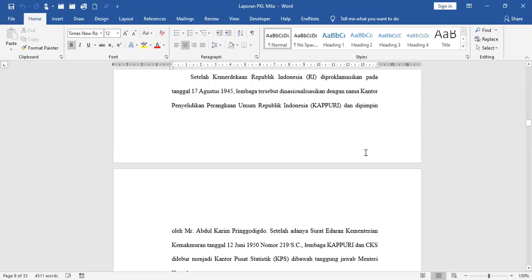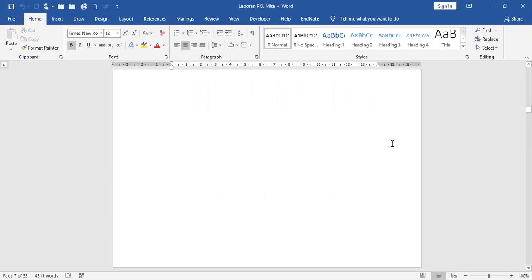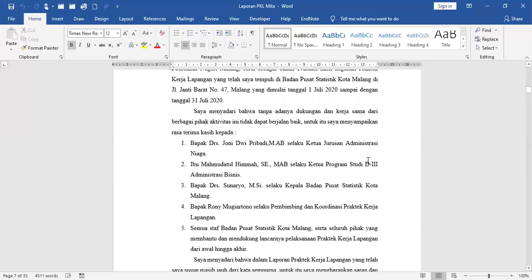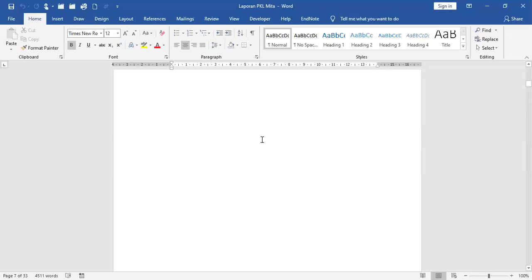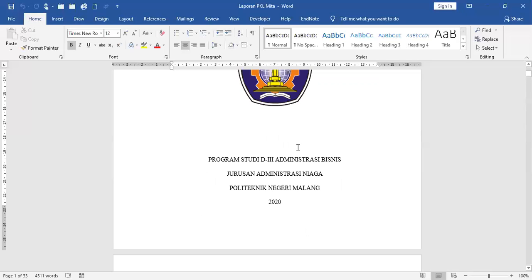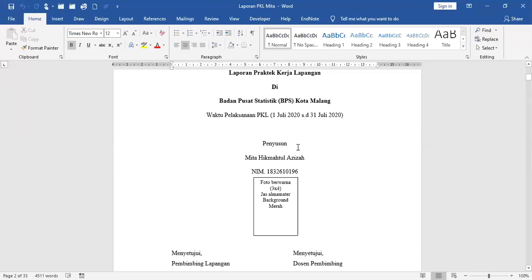And now we will complete this document by giving page numbers. Usually in the scientific report guidebook, for the cover page until before chapter 1, we will give the page number in the bottom part of the page, centered align,